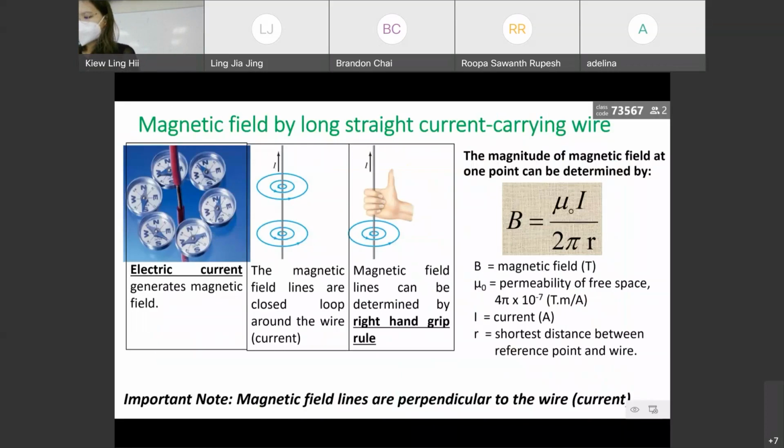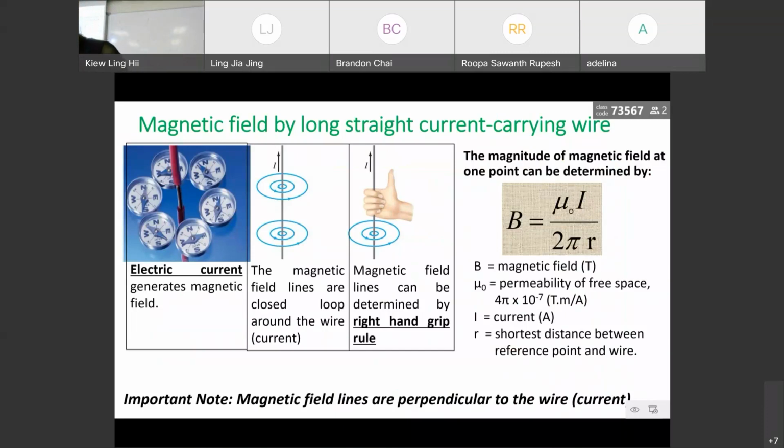So let's say now, based on our diagram, the current is going upwards, so the direction of the thumb points upwards. Where do your fingers point? This is anti-clockwise from the top view, am I right? Okay, so this is how we determine the